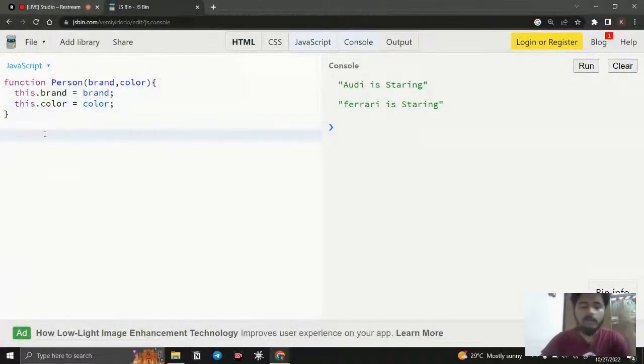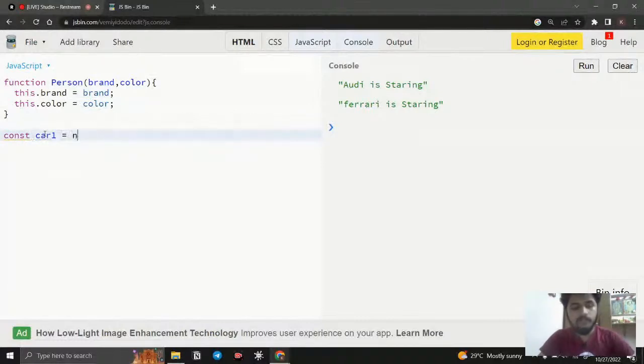That is the problem we face when we work with plain objects: if I want to create a new object, I need to copy and paste it, and the keys and the function get repeated. But here it is not going to be. So how can we create an object? For example, I just say const car1 equal to,